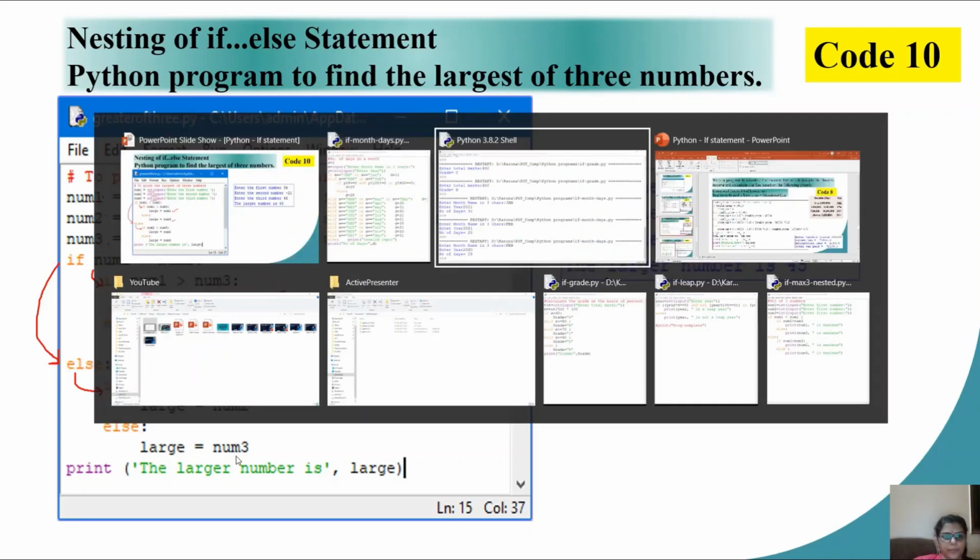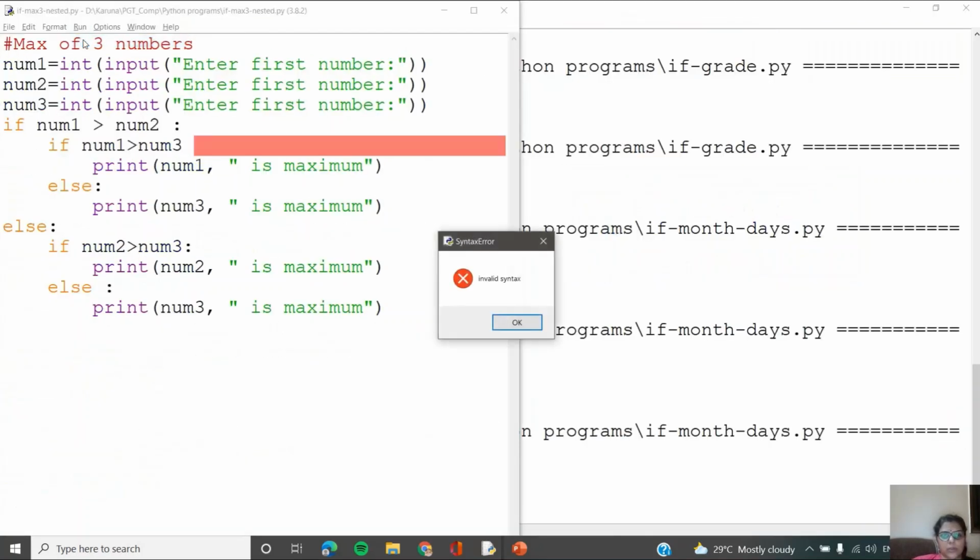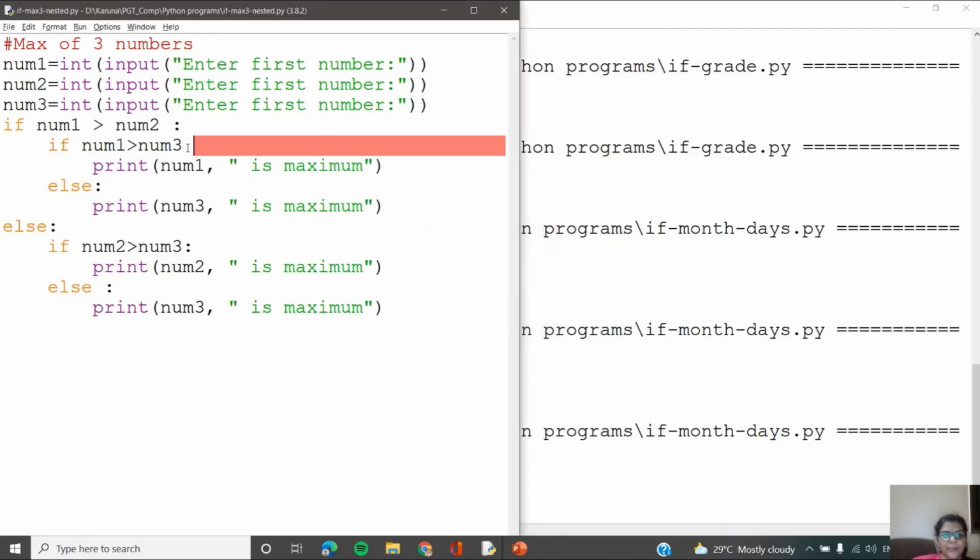Let's test that as well using the program. So this is my program. It says minimum of 3 numbers. No, I think the rest of the program is talking about maximum only. So I'll just change this one and I'll change the comments as well. Save it and then start with the execution. So this gives me a syntax error. Can any one of you point out here? I have missed out on the colons. Very good. So let me put the colons again, save, and finally the execution.